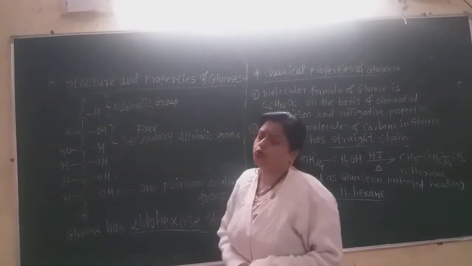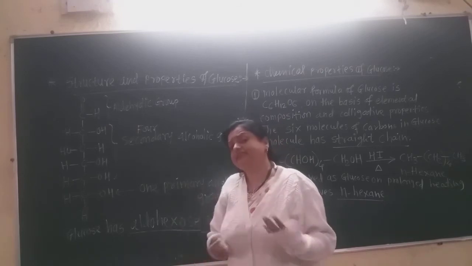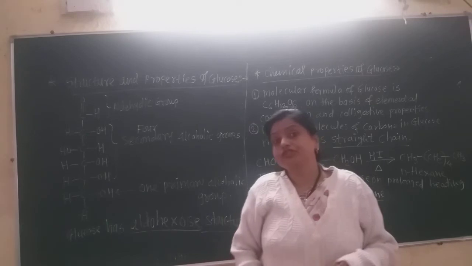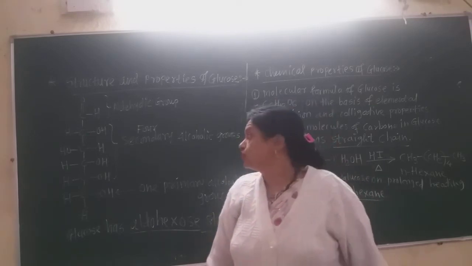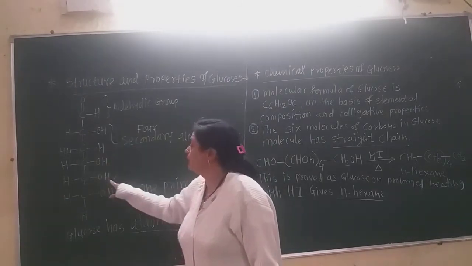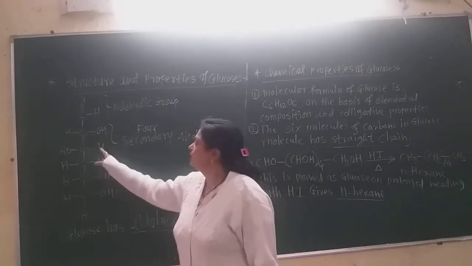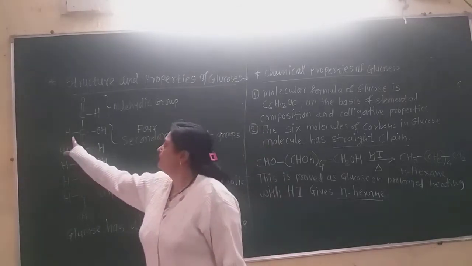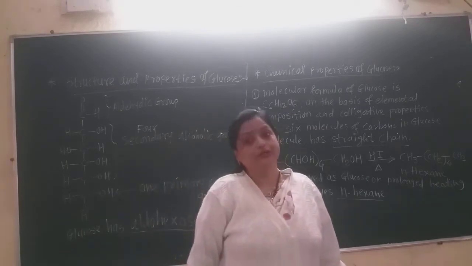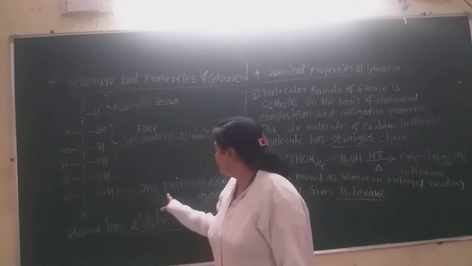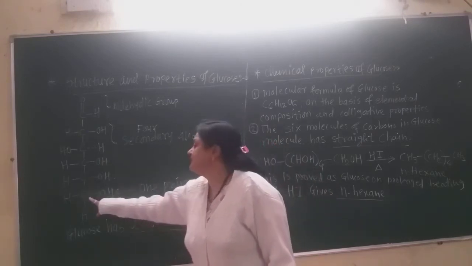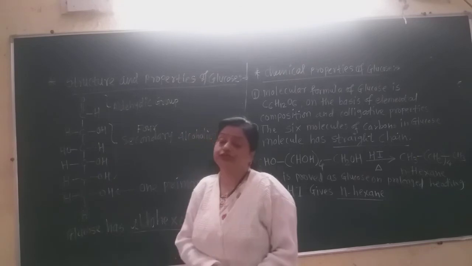Now you know that glucose is a monosaccharide, that is, a carbohydrate containing many OH groups; glucose is a polyhydroxyaldehyde. So there are 4 secondary alcoholic hydroxyl groups in glucose. Why are they secondary? Because the carbon in which the OH group is present contains only one hydrogen atom. And there is one primary alcoholic group. Why is it primary alcoholic? Because this carbon contains 2 hydrogen atoms.